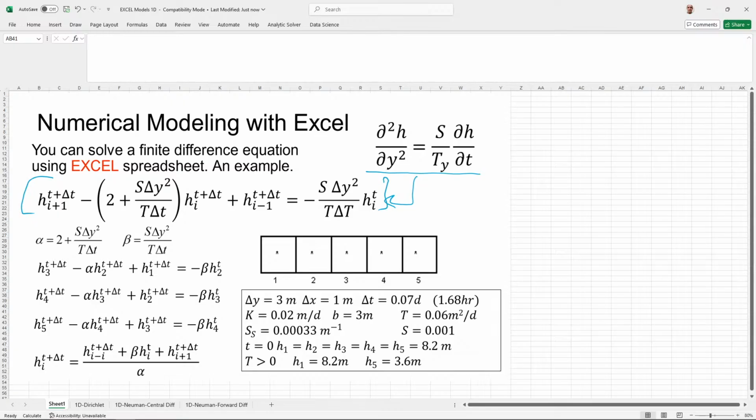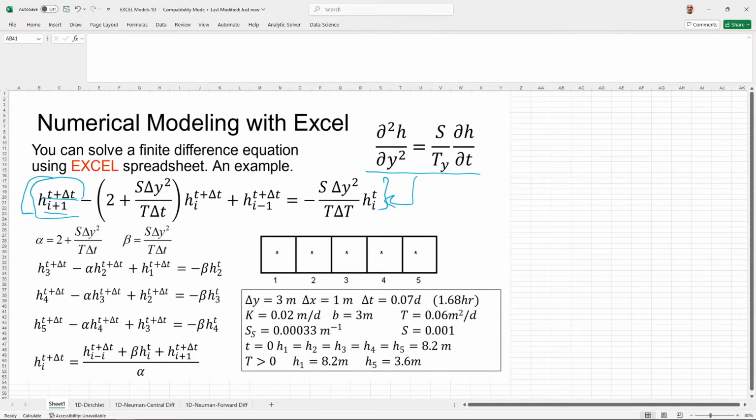Is a PFAS example, for example, that I showed you. They solve with a finite difference equation, which would look something along these lines. They solve it with MATLAB, for example. But the reason I want to show you how to do this with Excel is that I want to show you the solution step by step, because here you are estimating head in space